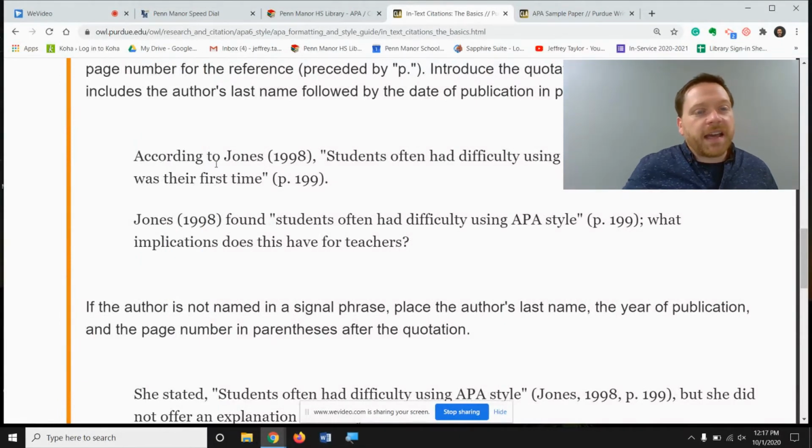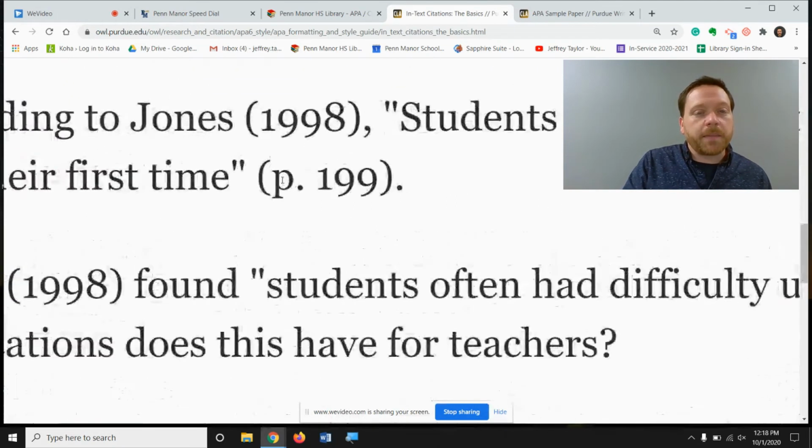Just like in MLA, you notice that there's some kind of signal or a phrase that lets you know, hey, this is from an outside source. According to Jones, the big difference here is the date, which would not be in MLA. In parentheses, you put the year that the article was published, and Jones is the last name there. So according to Jones, and then 1998, the quote follows, and then in parentheses, very similar to MLA, except that